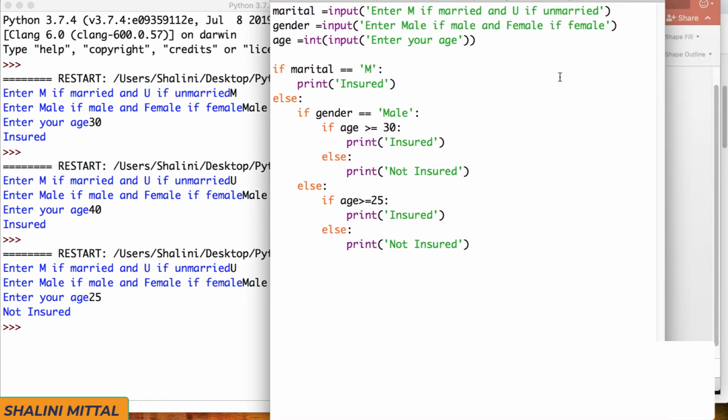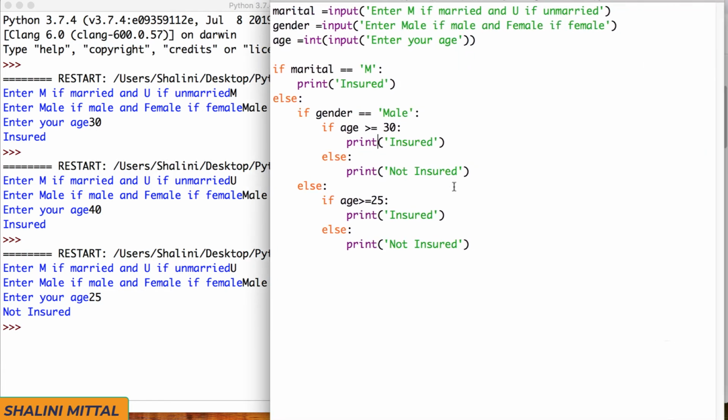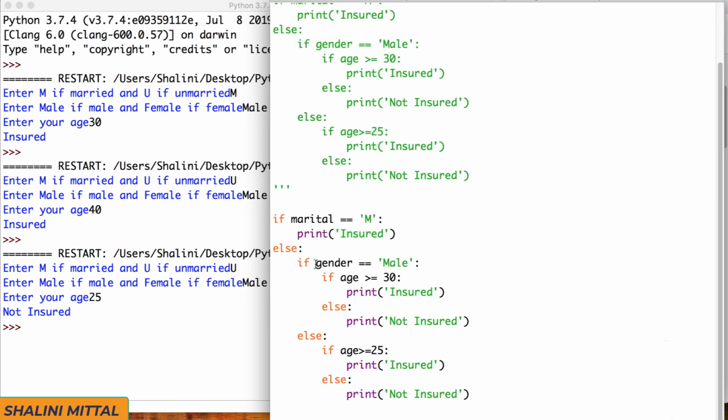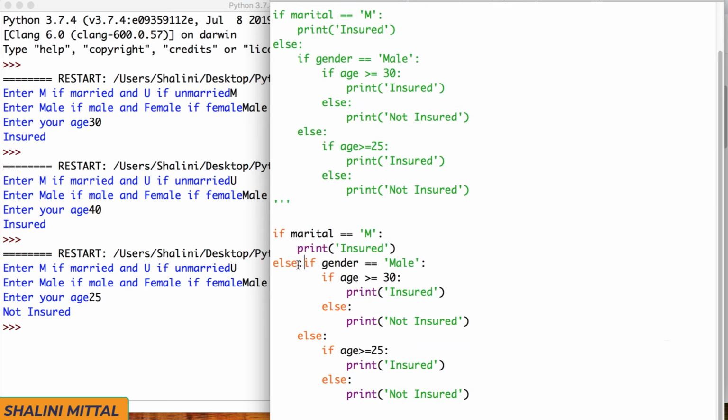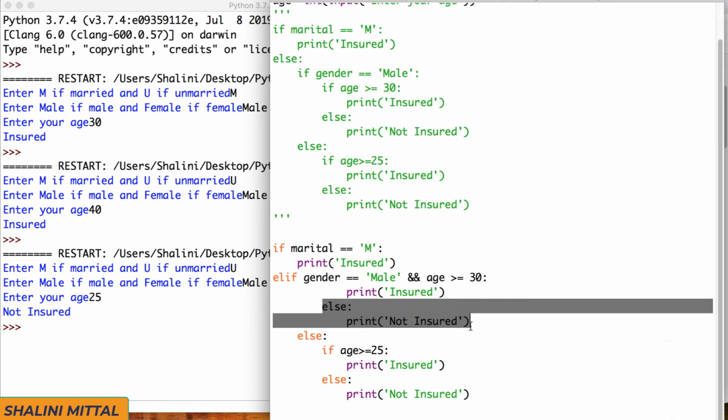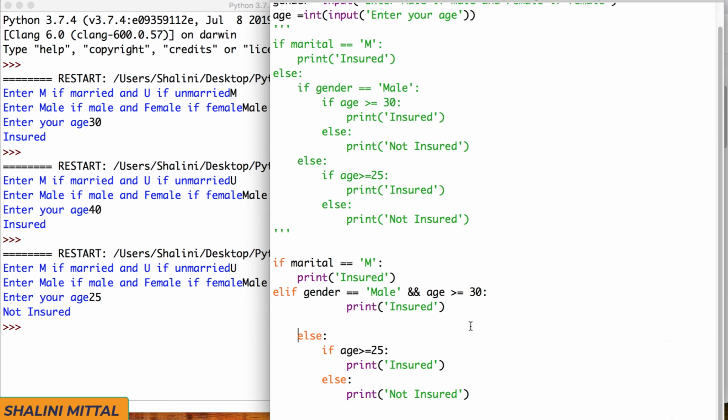We can also make it shorter. So the way you can do that is, see, I'll just write this again for a reference. Okay, and let me comment these out so I can even show you executing it. See, I want to check for the marital status. Done. Then I just want to check for the gender. So I can do this. If gender is this, and I can use logical operators and I can say and age is this, I'll print insured. I don't need this one. Okay. Then you will see the code becomes so short.